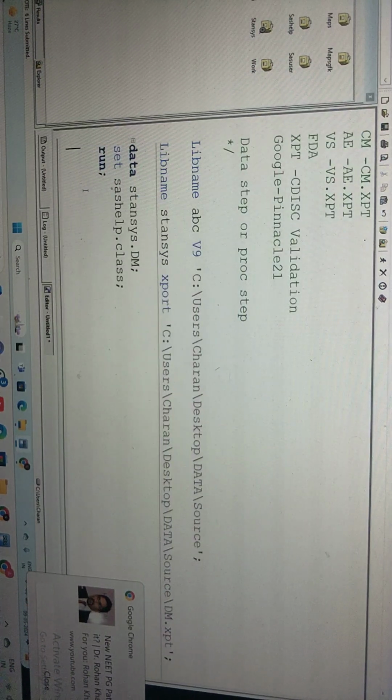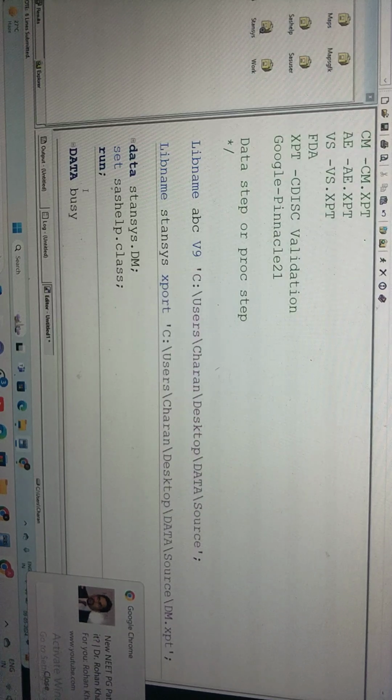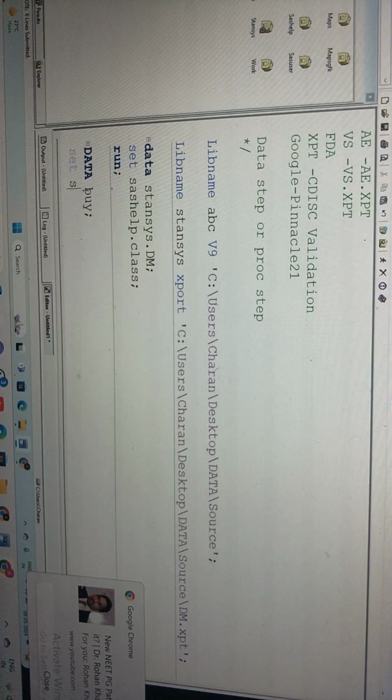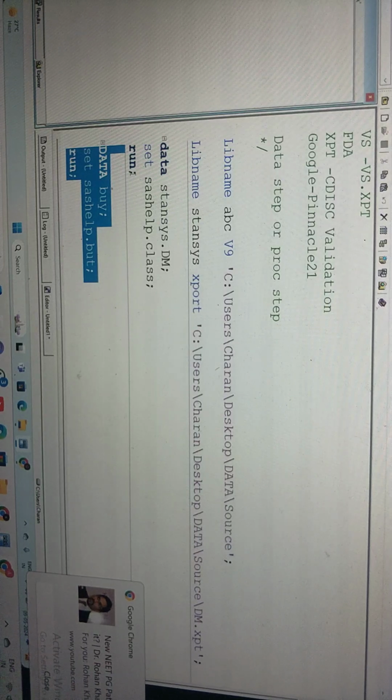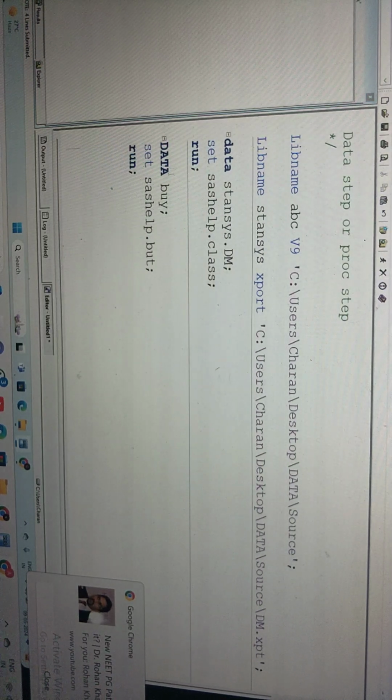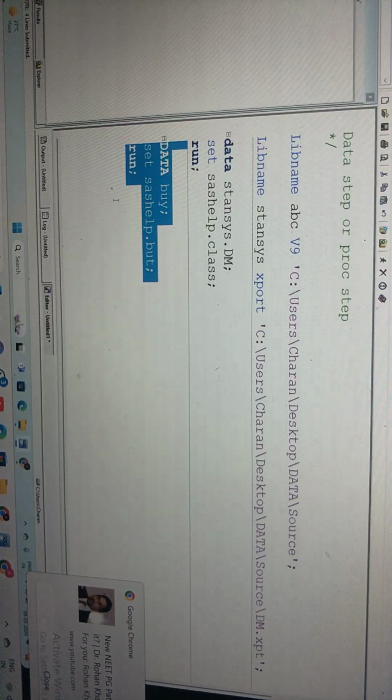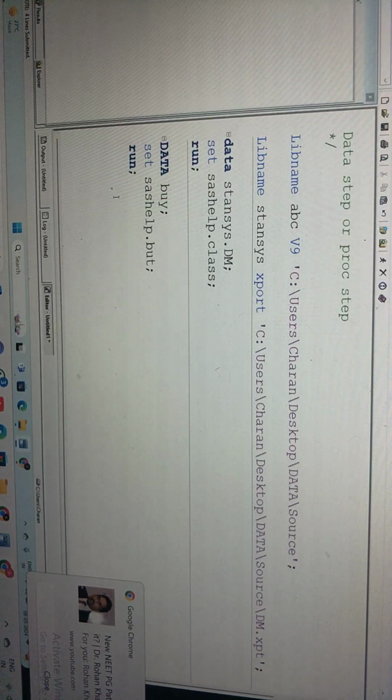Now here I am creating data BUY by only set SAS helper BUY. Now your task is please convert this BUY dataset into a BUY XPT file only. My file name is available, my dataset is in my work library. So I have created this dataset in my editor window. This is the final dataset. My development is over. Now I want to convert this dataset into a BUY XPT file only. How can we do that? Anybody? Again we have to use